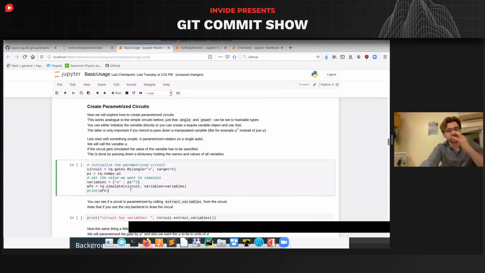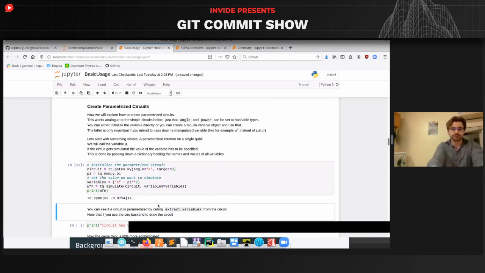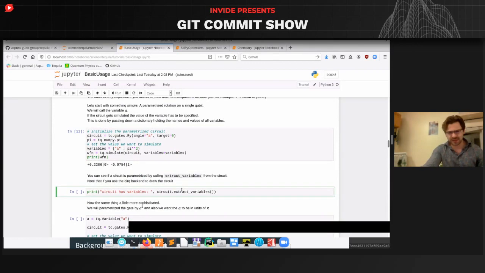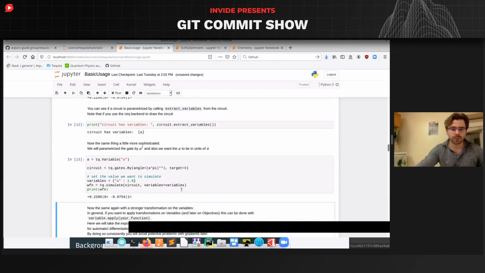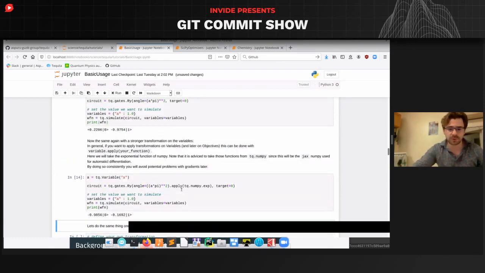But we're really focused here on parametrized quantum circuits. So here we simulate just an RY gate. That's a specific quantum gate with just a string initialized variable. And all you need to do in Tequila to work with parameterized circuits is you pass down a dictionary of strings and numbers. And wherever you've thrown a variable, any hashable type into the circuit, we will handle that for you. So you don't have to do any kind of deep in the weeds wrangling with the simulation backend. But more importantly than that, we can